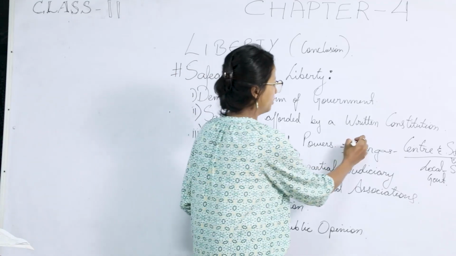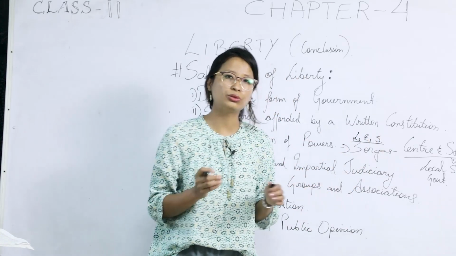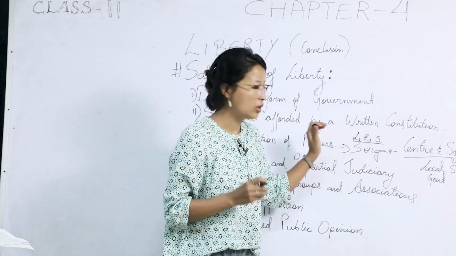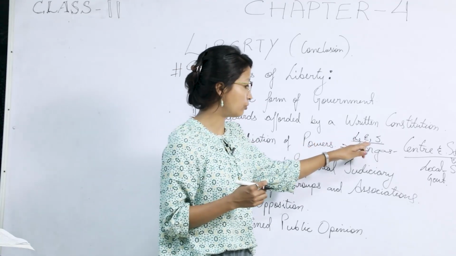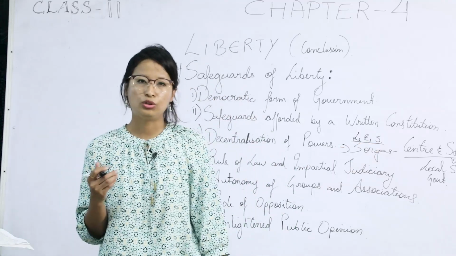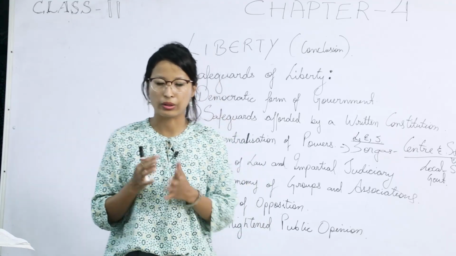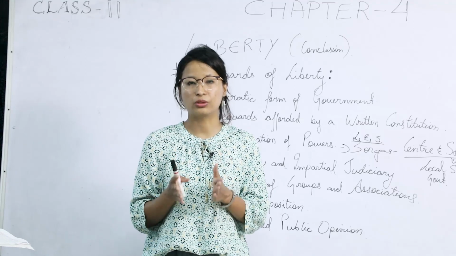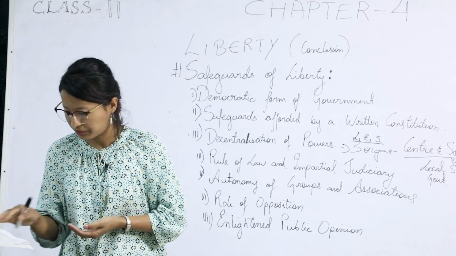Now, the three organs of the government, that is the legislature, executive, and the judiciary, should also work according to the power that has been given to them. They cannot override the power given to them. They cannot interfere in each other's affairs. For example, the executive cannot interfere in the judicial affairs carried out by the Supreme Court or the High Court. There is a clear division of power, and they have to work in their respective jurisdiction given by the Constitution.